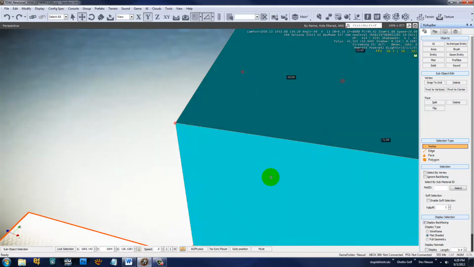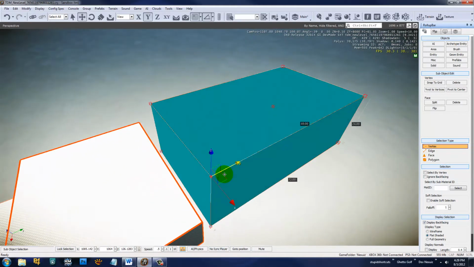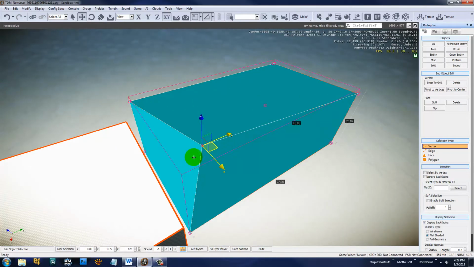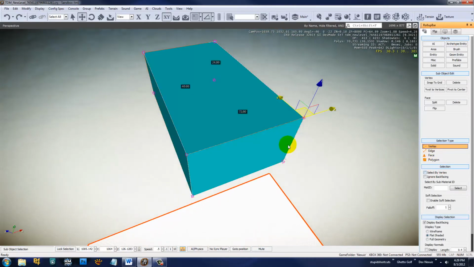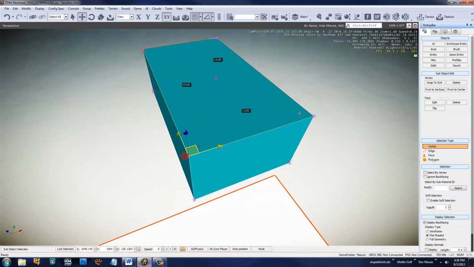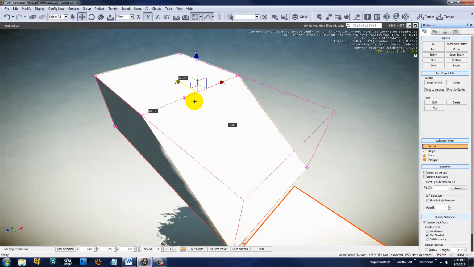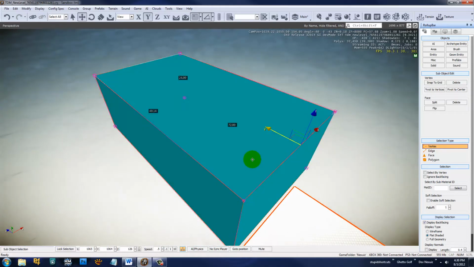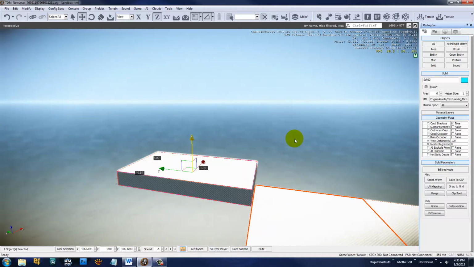Sometimes you might need to go into edit vertex mode to do very specific things and create a non-boxy object. If you find you're not getting the range you want, you can always drop your grid size down to lower values to let you modify the object at a lot smaller precision. Once you're satisfied with your changes to your solid, simply press escape and you'll be taken out of editing mode